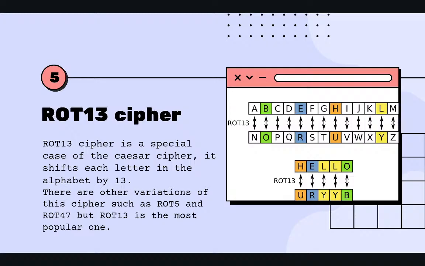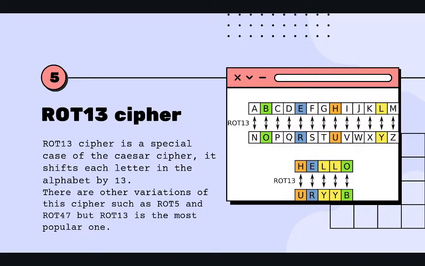For each character in the plain text, you shift it by 13 and you get the ciphertext. And to decrypt it, you do the same again. Just shift it by 13 and you'll get the plain text back. That is one peculiarity of ROT13. For any other shift value, if you shift it twice, you won't get the plain text back. In ROT13, however, if you shift the ciphertext again, you'll get back the plain text.